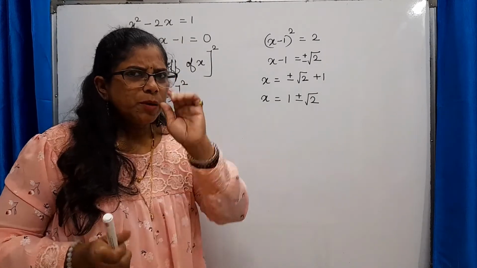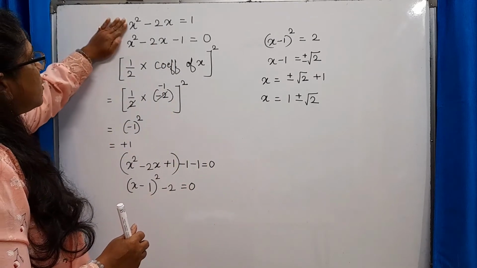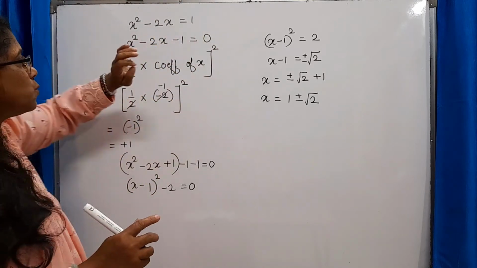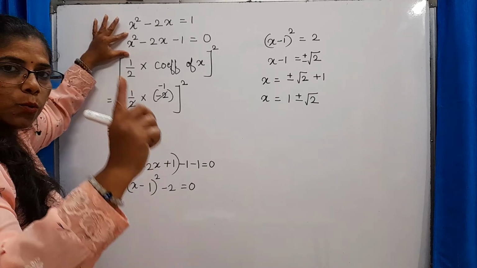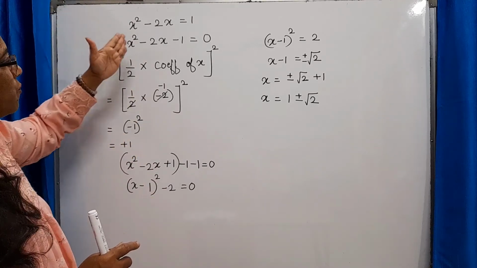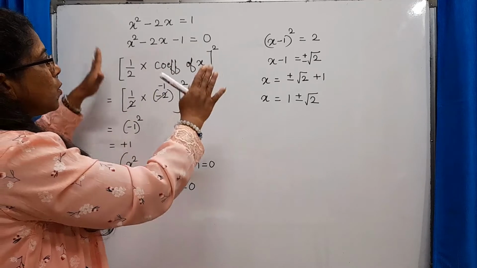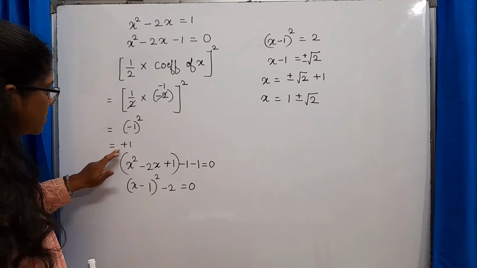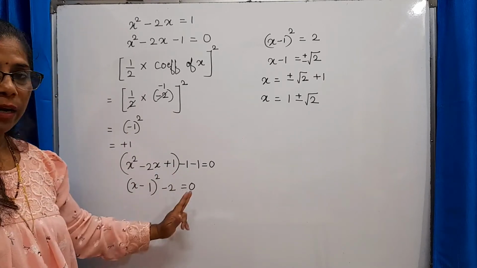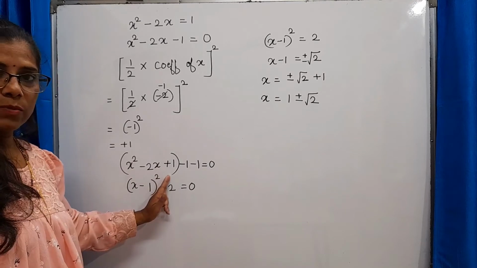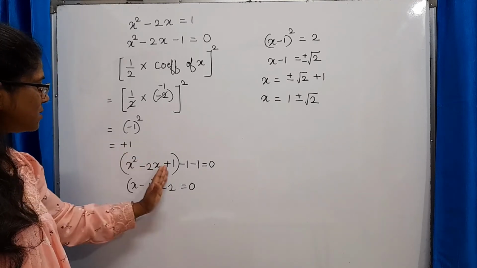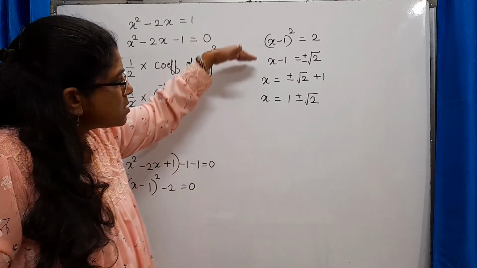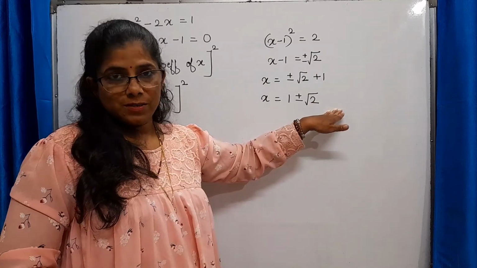So which points do you have to remember? First thing is, if the value of a is other than 1, divide all the terms by that value. Means what? We have to make the coefficient of x square 1. Then the next step is half into coefficient of x, whole square of that. We have to get the value, the answer for that. Then whatever answer we get here, we have to add and subtract immediately after these two terms. After these two terms we have to add this and subtract it, and then write the remaining terms, and